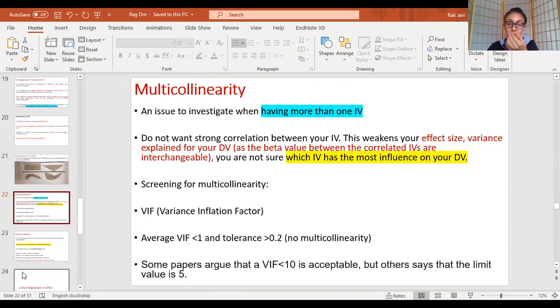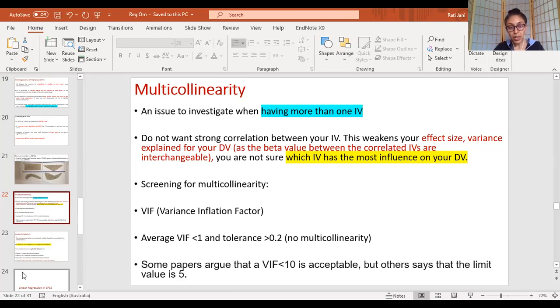Then there is the concept of multicollinearity. This concept is only applicable when you have more than one independent variable to deal with. You know how I showed you an example with the amount of sunlight, dietary intake of vitamin D, and fat intake in your diet. You had a couple of independent variables. So yes, when you have more than one independent variable, the concept of multicollinearity is very important.